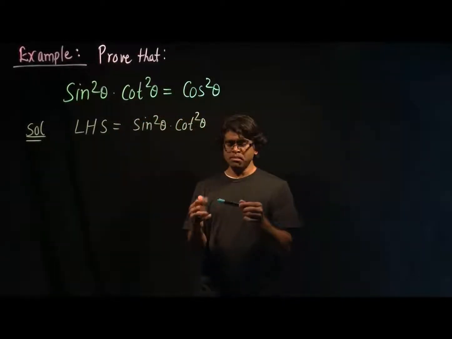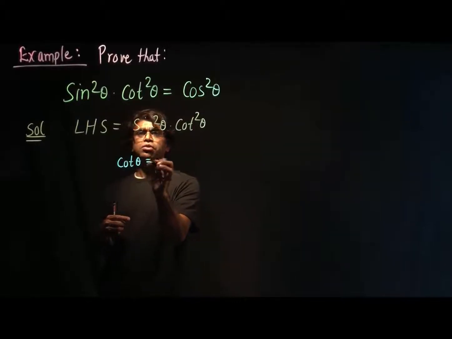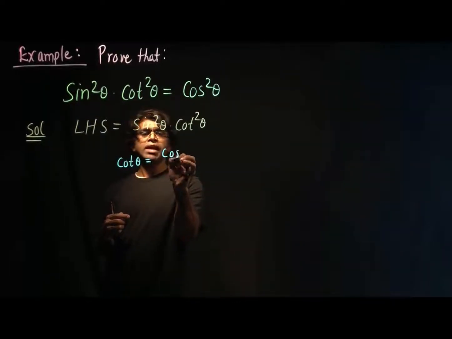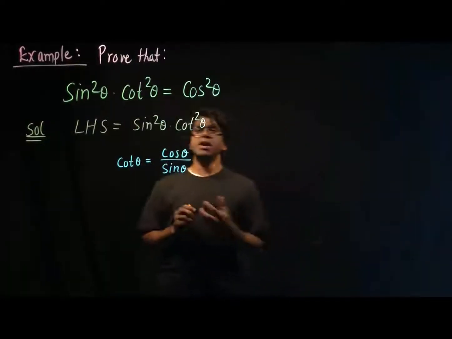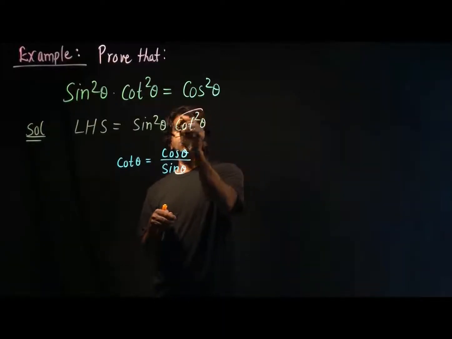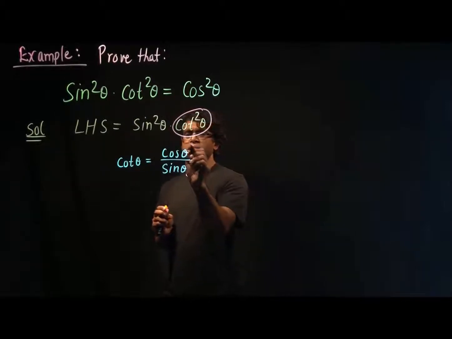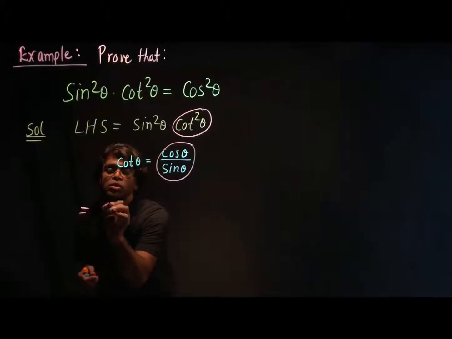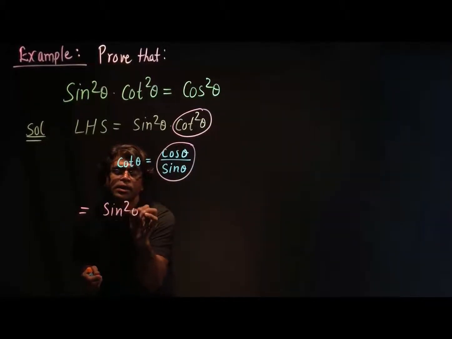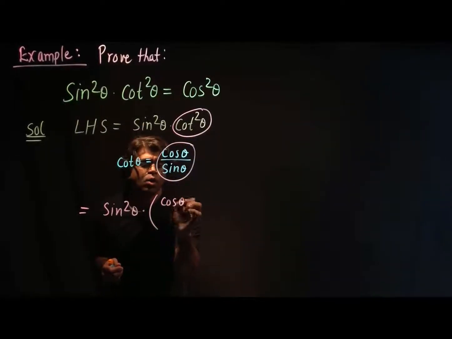Now, if you remember, we know that cotangent theta is equal to cosine theta over sine theta. So basically what I'm going to do for this cotangent square theta, I'm going to substitute cotangent by cosine over sine. So I will write this is equal to sine square theta times my cotangent, which is cosine over sine theta